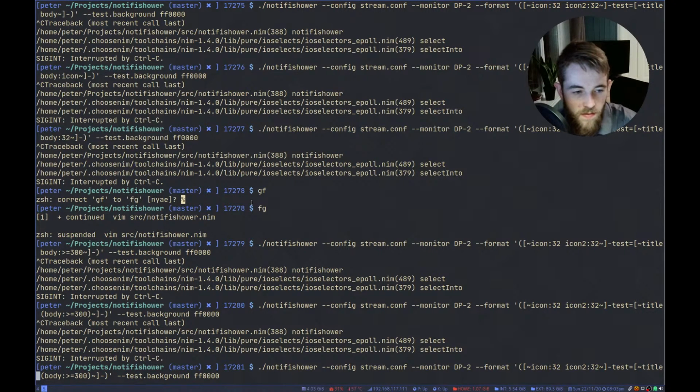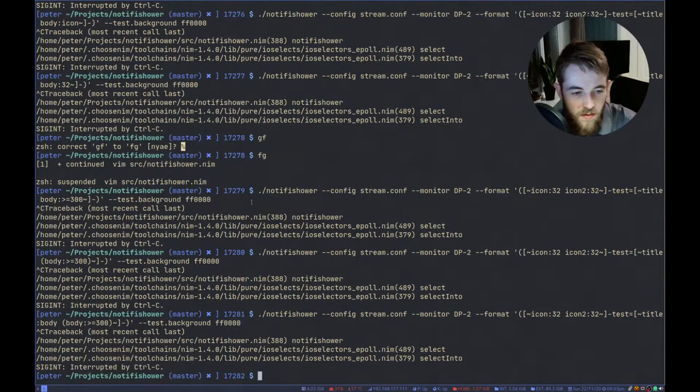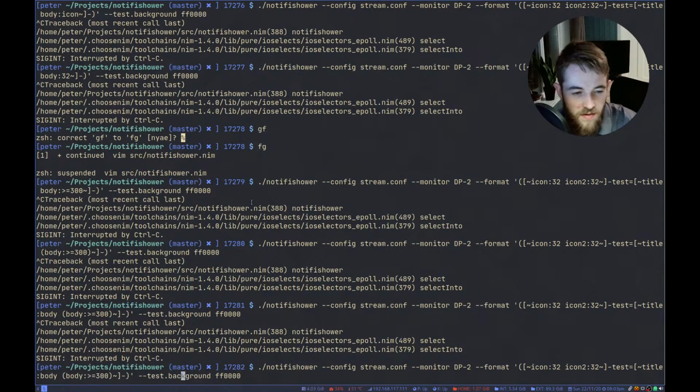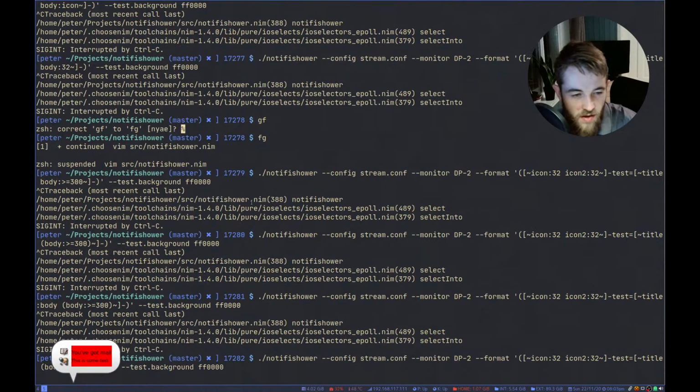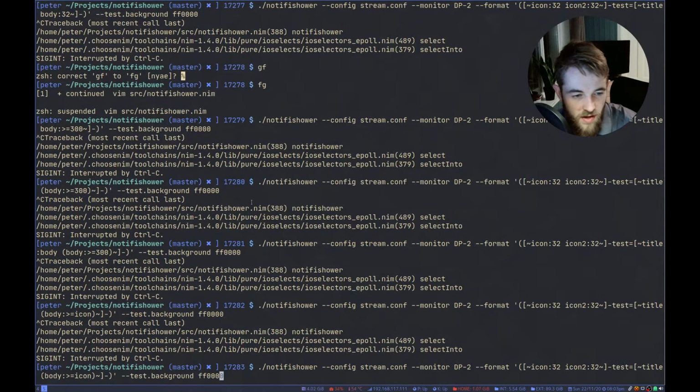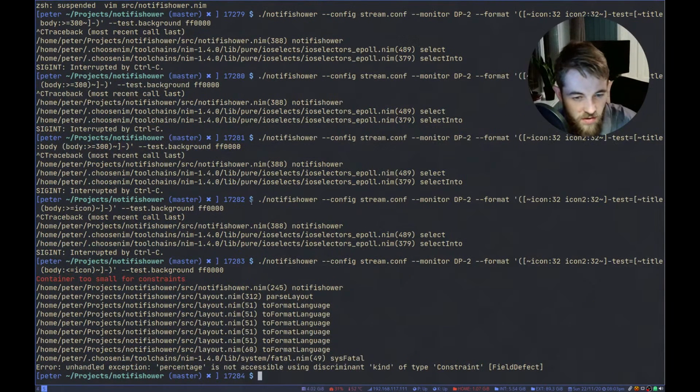Right. That is sort of doing what I expect it to. If you say it's larger or equal to icon, that's also what I expect. This, I kind of expect an error. Yeah. Oh, percentage. Right, so this...